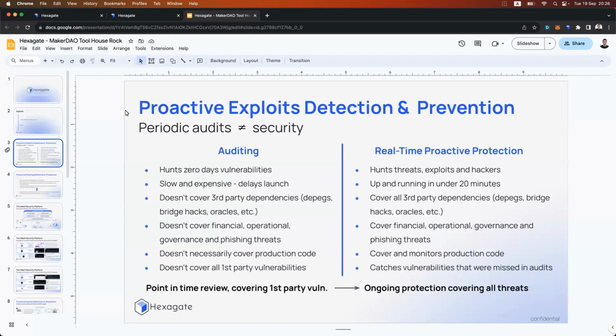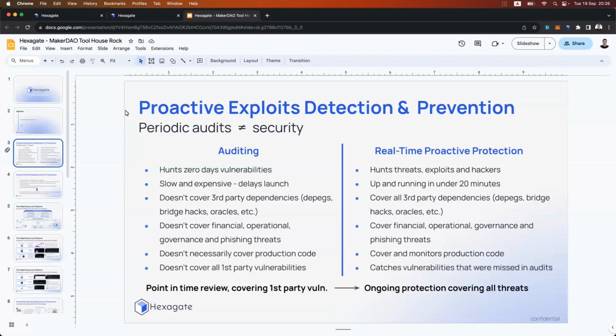Also, auditing only covers first-party code, and in DeFi you have basically a money Lego where one protocol relies on others, such as tokens, even bridges, oracles, and so on. It is normally overlooked and is not covered by any auditing company.